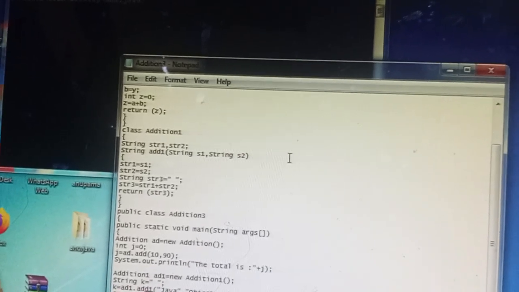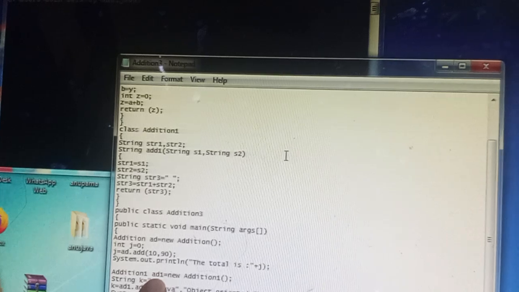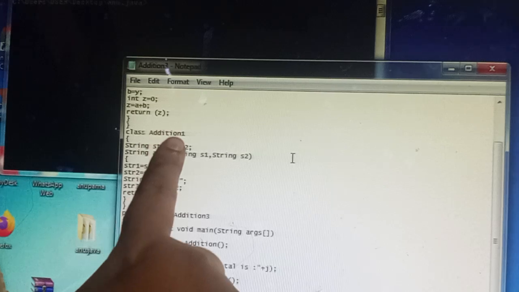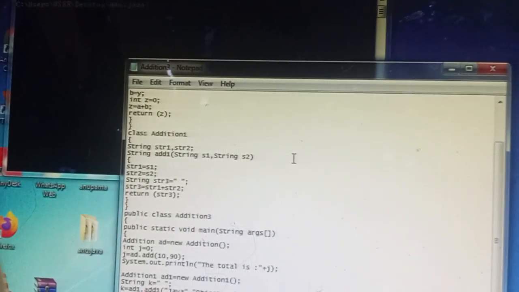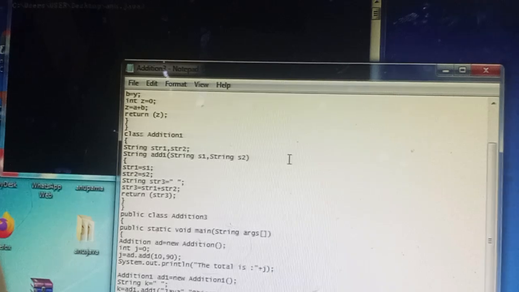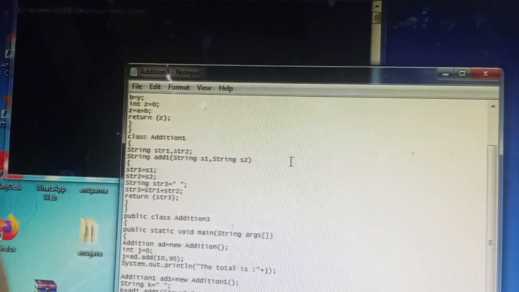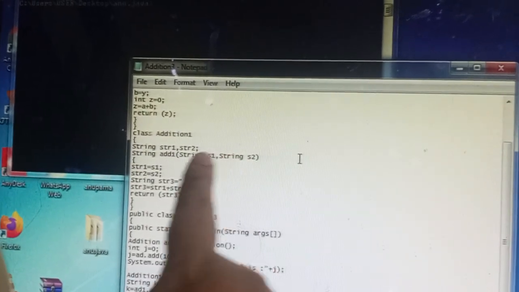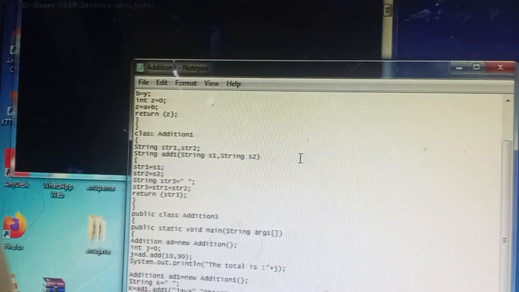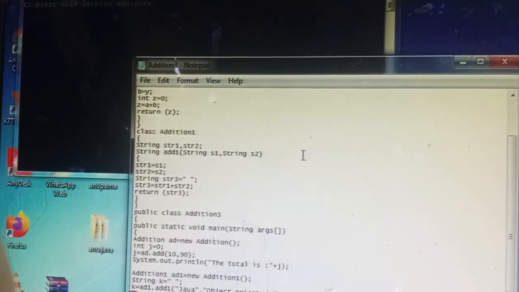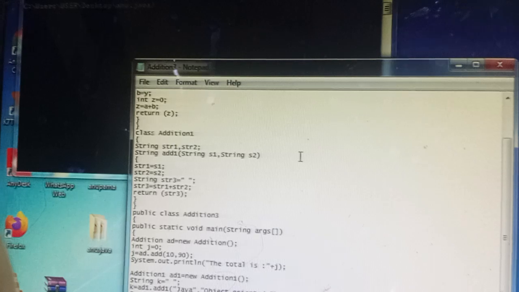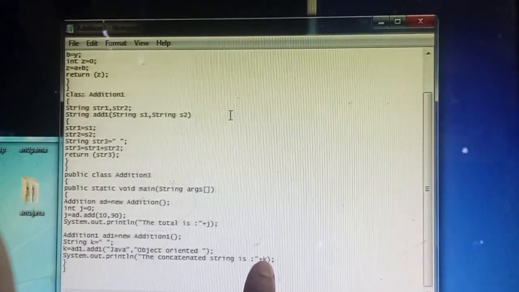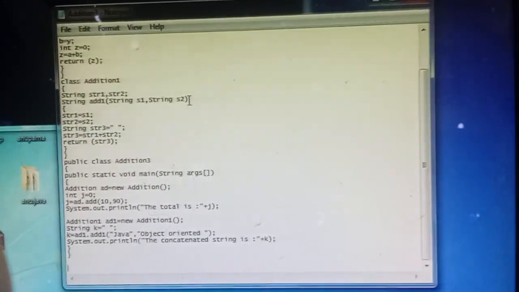Using the object of the addition 1 class, a1, I called its function and passed two strings. The strings are assigned to the parameters, the process takes place, and then the value is assigned to k, and k will be printed here. Okay, this is the process that happens if you have more than one class.